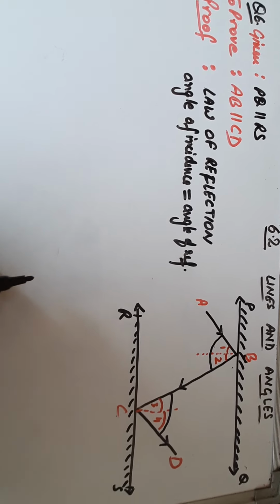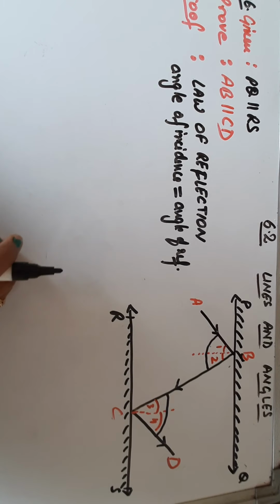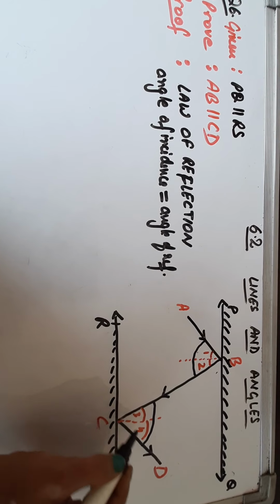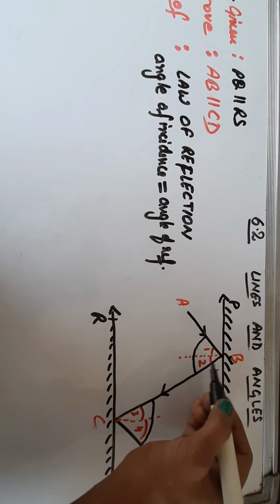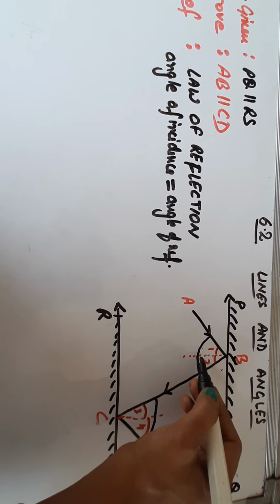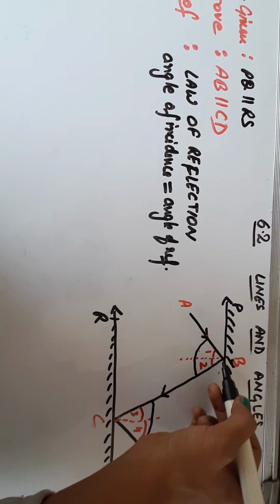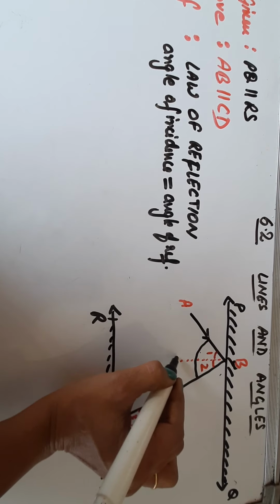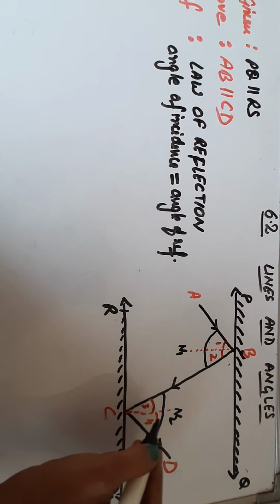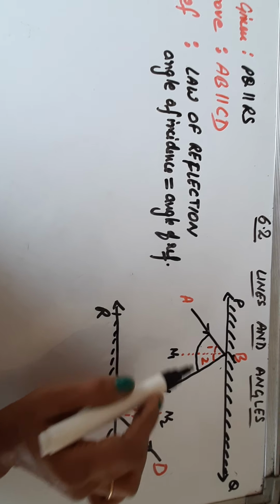Now because the law of reflection says angle of incidence is equal to angle of reflection, we'll have angle 1 is equal to 2 and 3 is equal to 4. Now because this is the normal, you have read in physics that a normal is a line drawn perpendicular to the mirror. So this is normal n1 and this is normal n2, which we also drew perpendicular, so these two normals will be parallel to each other.